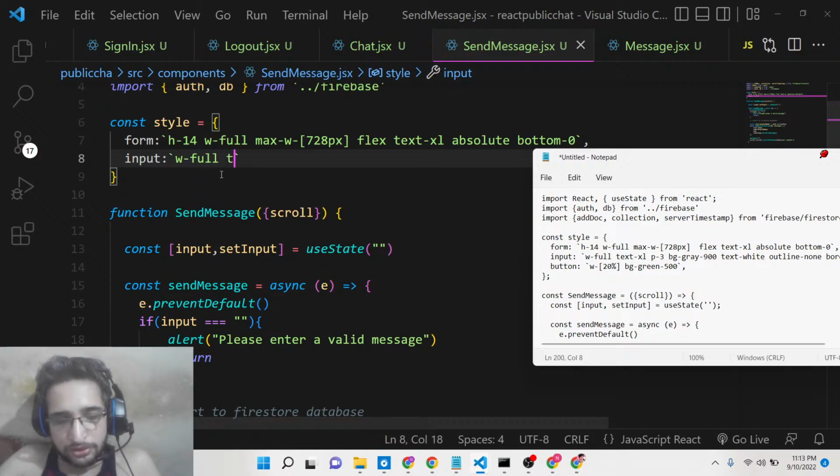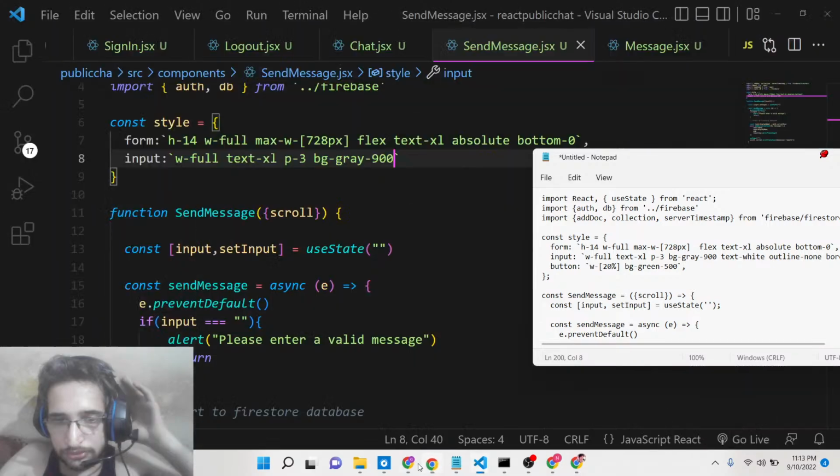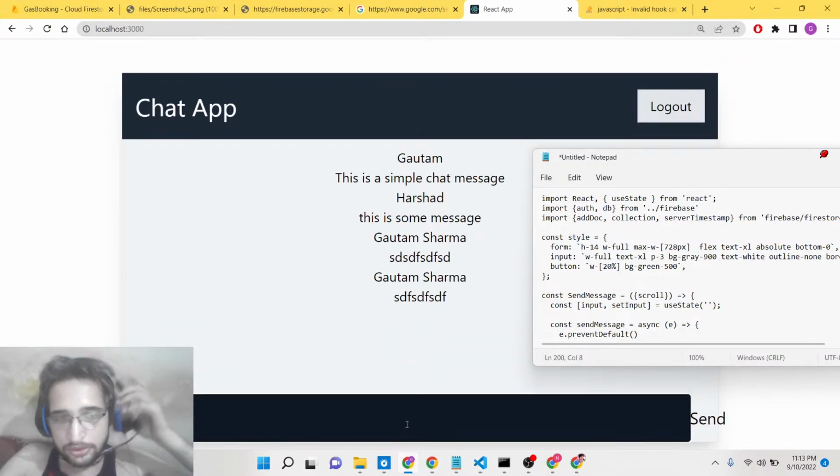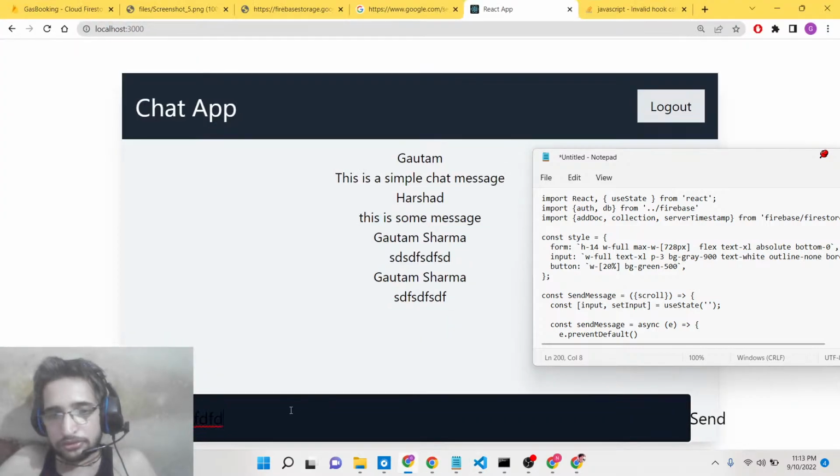So after this, text extra large, padding 3. So now you can see that, and background will be of gray color, 900. So this is the gray color. You can now see we also need to change the text color to white. So text white. So now you can see that text is changed to white,